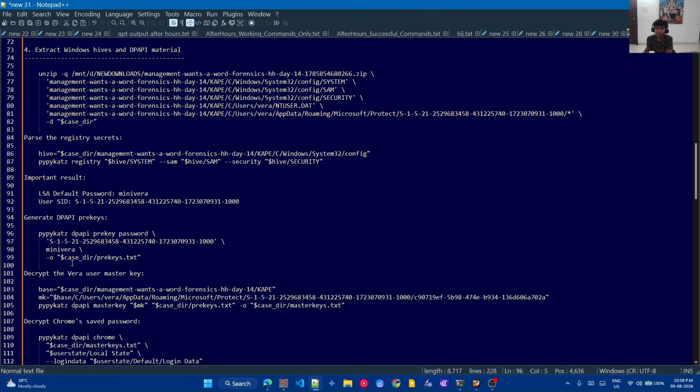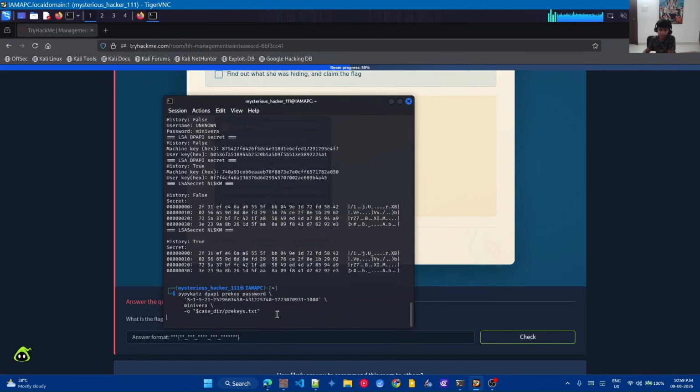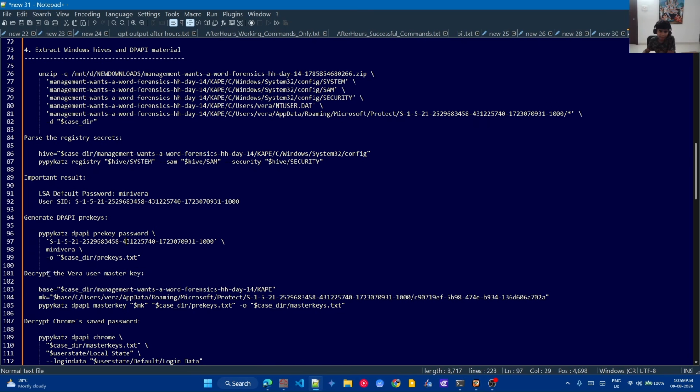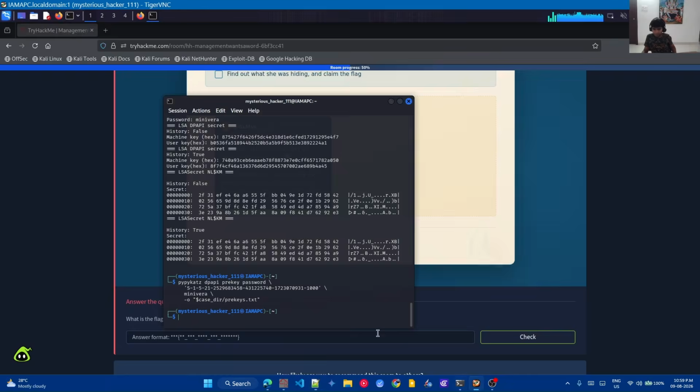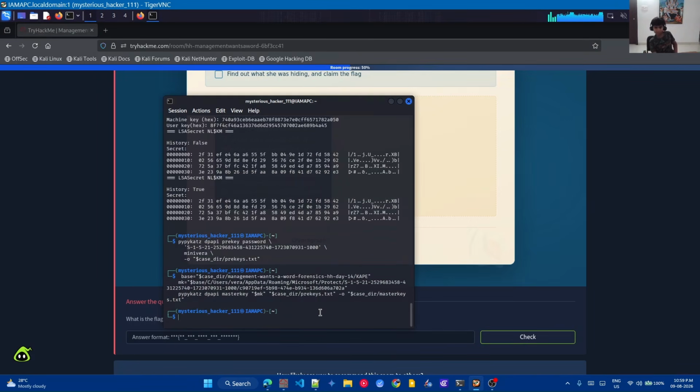Okay, then we can decrypt Chrome saved password, which is going to be really useful for us in finding the flag. So, and it's saved it. Okay, it's generated the pre-key, now we can just decrypt the master key. So there was a VeraCrypt. Wait, it's not the part here. Okay, so